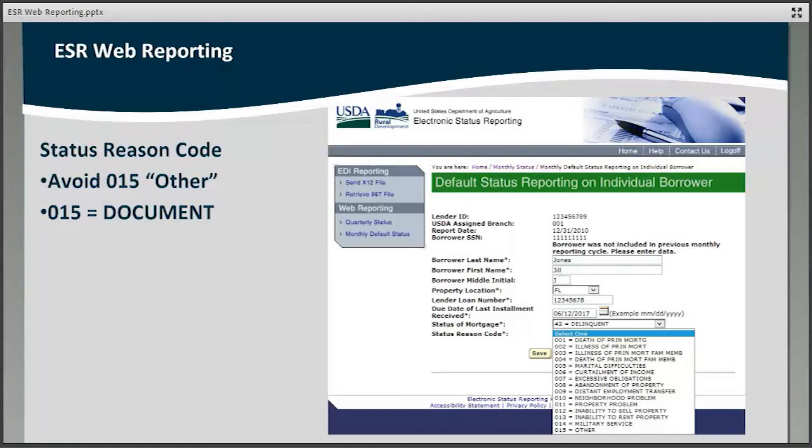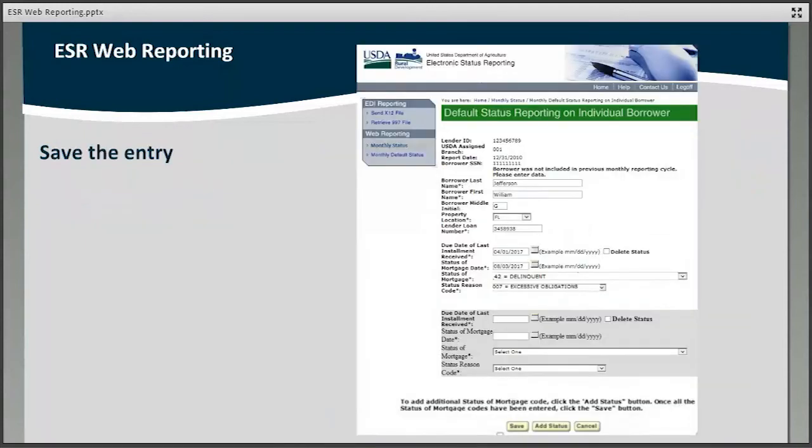Therefore, when Other is selected, USDA will be looking for additional servicing notes and supporting documentation to be retained in the servicing file. Other will typically apply to delinquencies due to natural disasters or the reinstatement of a delinquent account. As stated earlier, there would be plenty of documentation available to support the selection of Other in these specific circumstances.